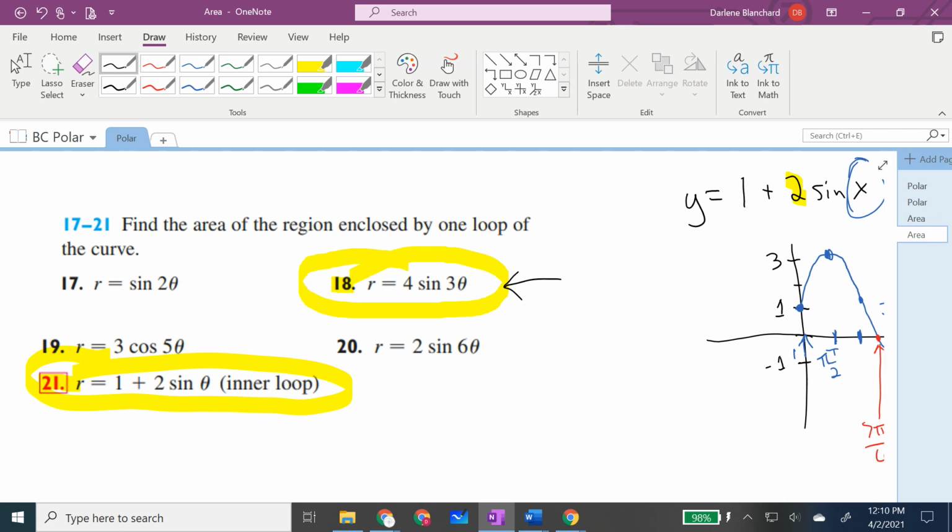Honestly, I find it easier to set up the limits of the integral by looking at the Cartesian graph. If I graphed this one in the Cartesian format, I would have sine graph going